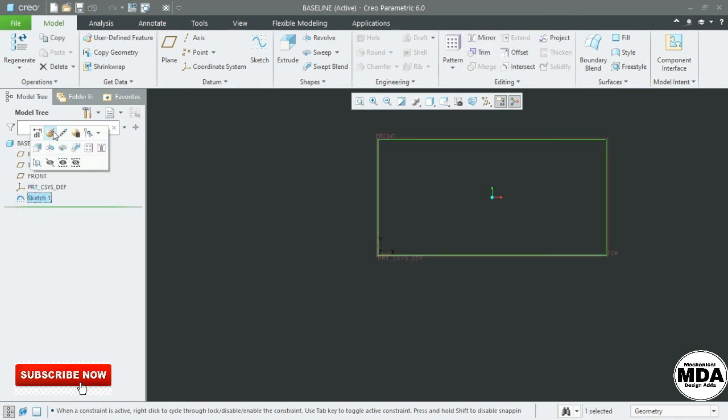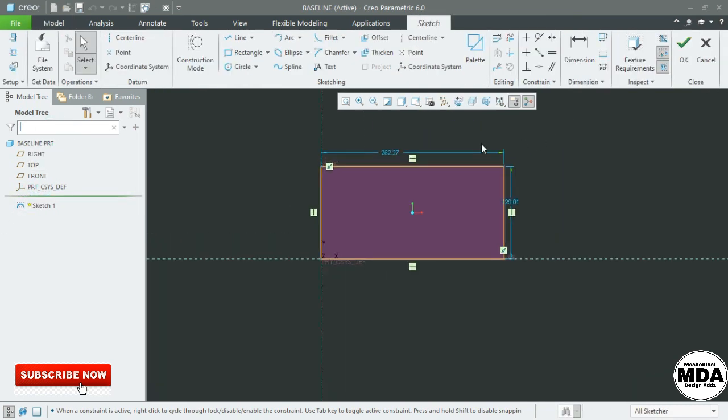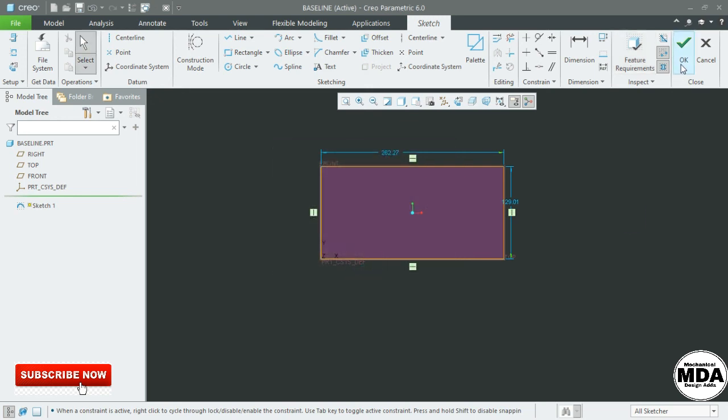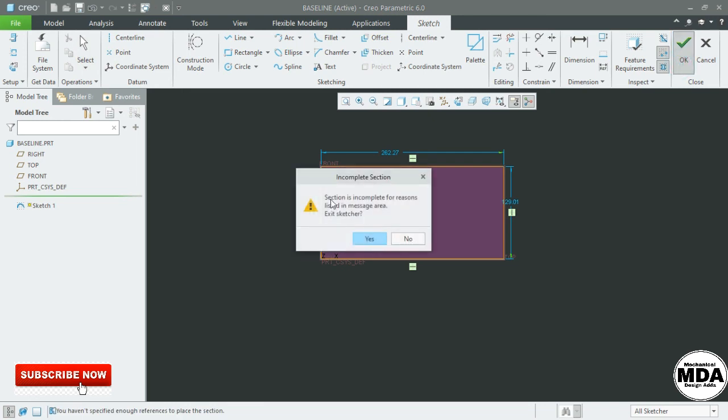Here I am editing this sketch, and suppose I have deleted this reference. Now you can see that in the feature requirement, it will show you there are some missing references. If you directly say okay, here it is saying that the section is incomplete for the region listed.